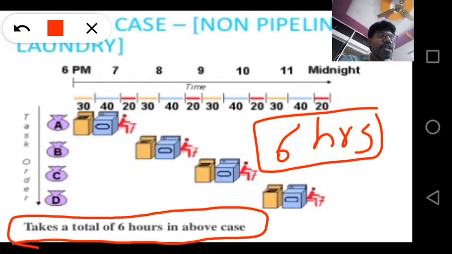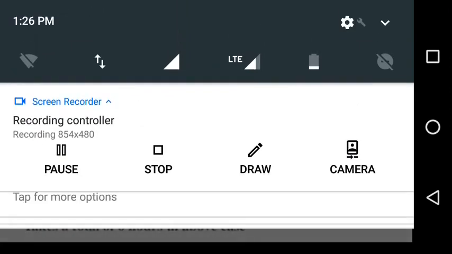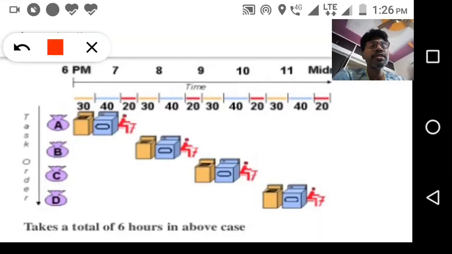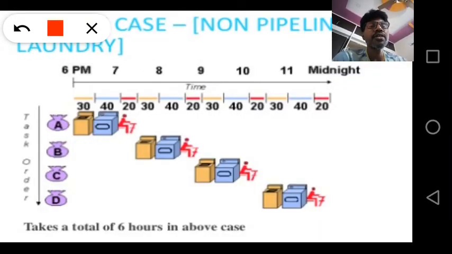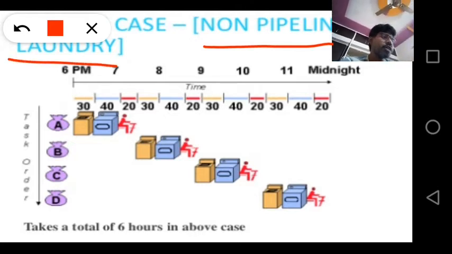This is called non-pipeline laundry. If you apply the non-pipeline technique, it takes 6 hours. Now let us see